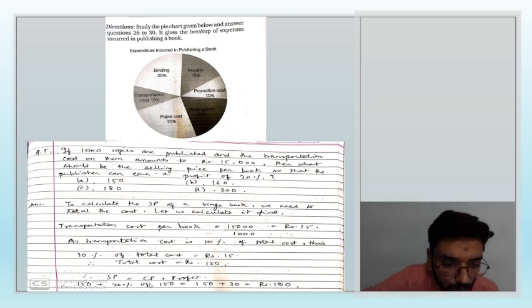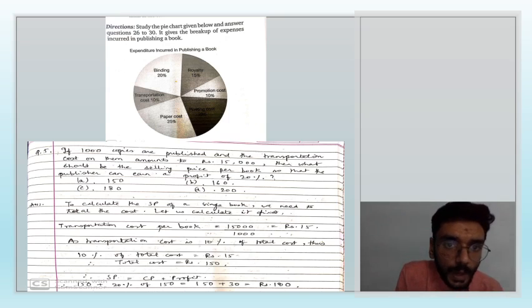So selling price is equal to cost price plus profit. That would be equal to 150 plus 20% of 150. So that is 150 plus 30 rupees, that is rupees 180. So you need to sell the book at rupees 180 so as to earn a profit of 20%. The cost price that we have calculated was rupees 150. You need to sell it at rupees 180 so that you get a profit of 20%. So the four options that were given: 150, 160, 180 and 200. The correct answer would be option C, that is 180.